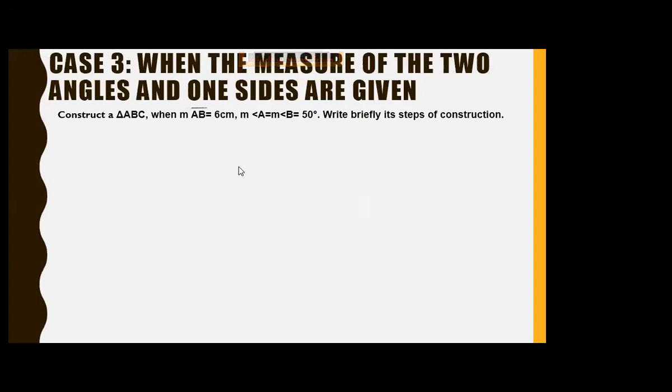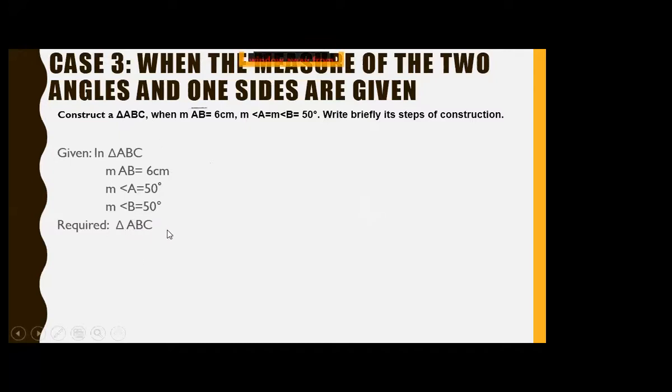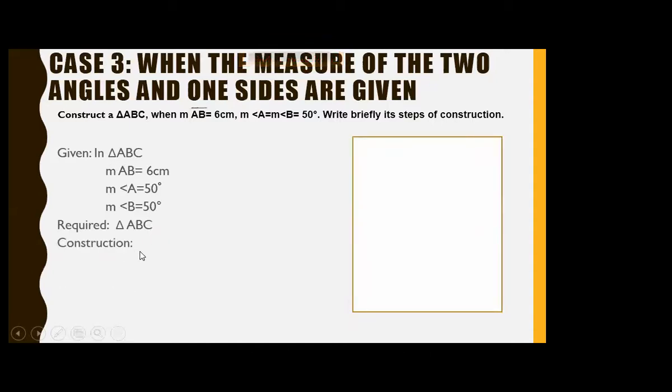Okay, now dear, first of all, write down given. And what is required here? We have to construct a triangle ABC. Okay, don't write triangle DEF here. Here ABC is required. So you have to write triangle ABC. That means required is correct, right? And in this given we have to mention angle A is equal to 50 and angle B is equal to 50. Now what is missing over here? We have to draw a line segment. Okay, now before starting the steps of construction, let's construct our triangle together.